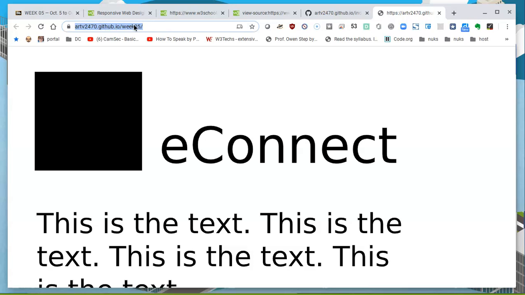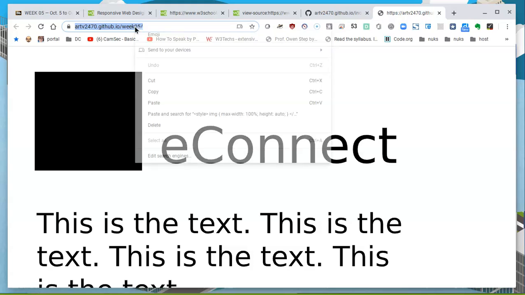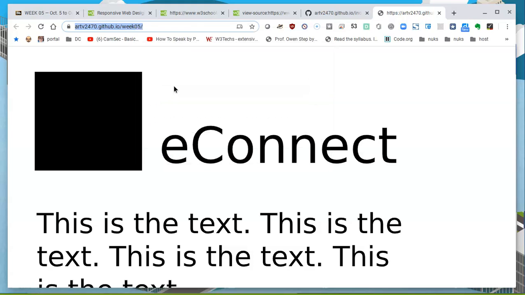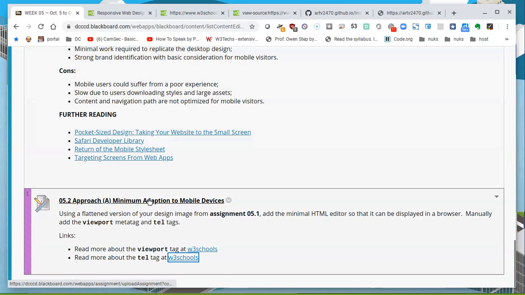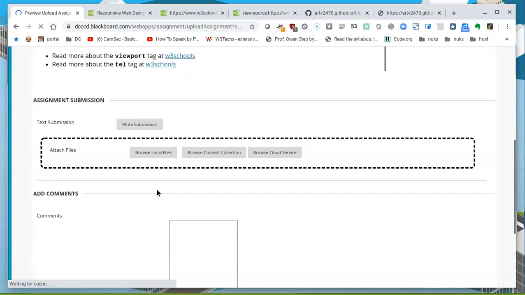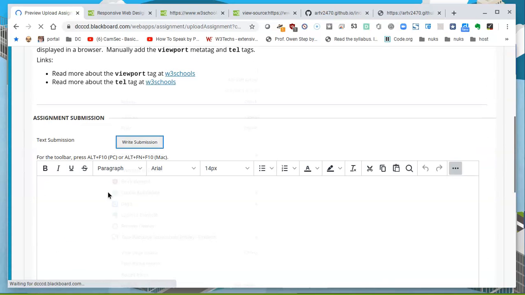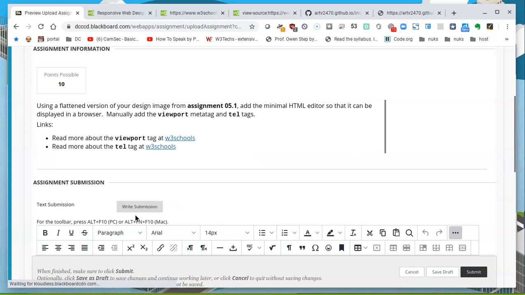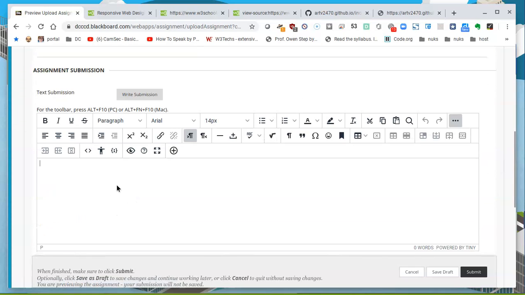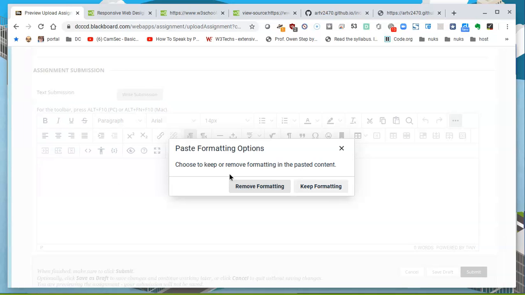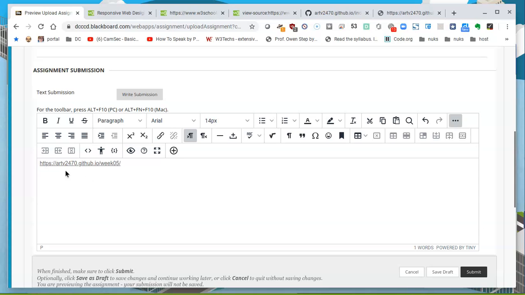copy the link to this page, the one that you create. Right click copy, go back to your assignment. This is 5.2. Click on the name, scroll your way down and write submission. And you can press Control V as in Victor to paste. I would remove the formatting, it doesn't have anything special. And then that's it, just submit